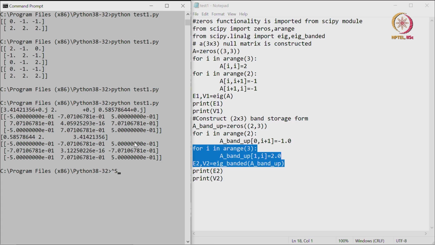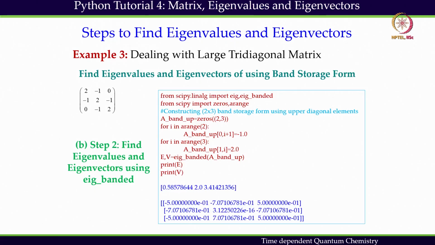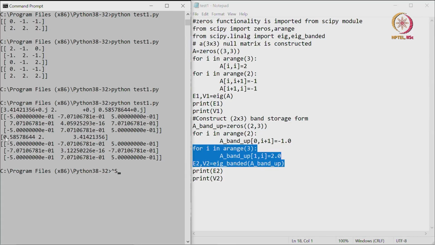In the band storage form, the values are 0.58, then the second one is 0.2, the third one is 3 point something, and that is exactly what we get: 0.5, 2 and 3.4. These are the three eigenvalues we get. On the other hand, corresponding to 3.4, this eigenvalue, I have this eigenvector